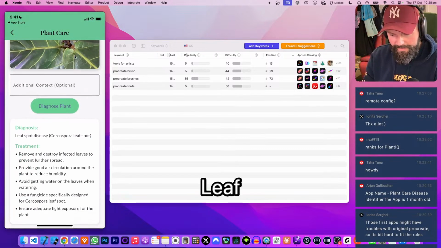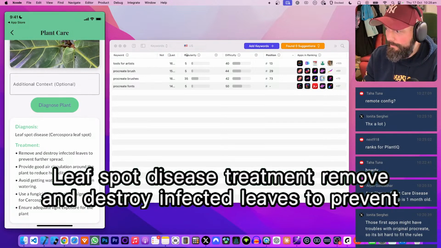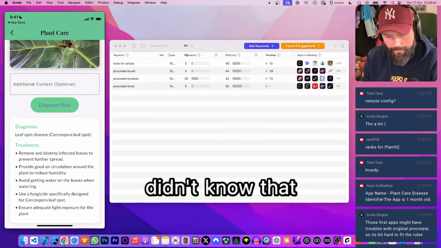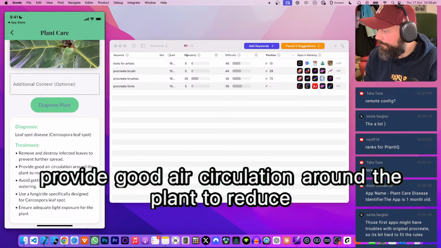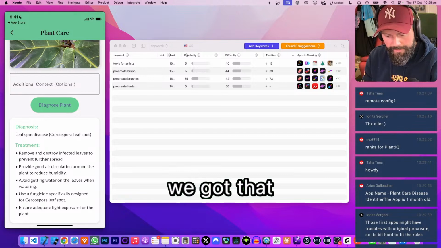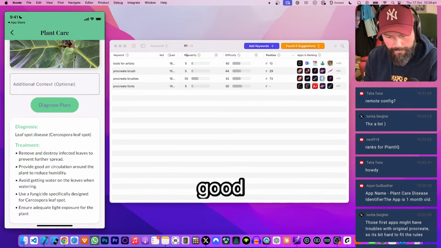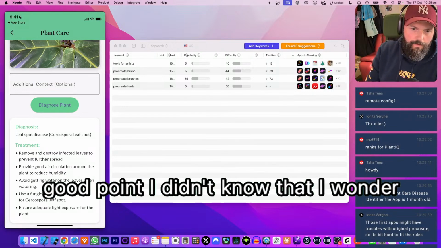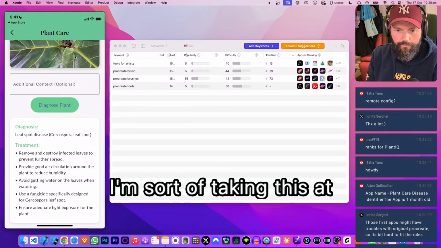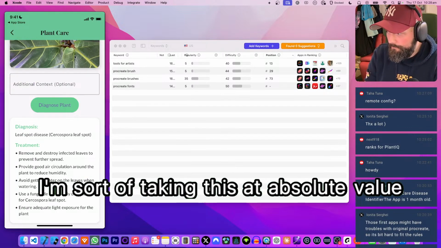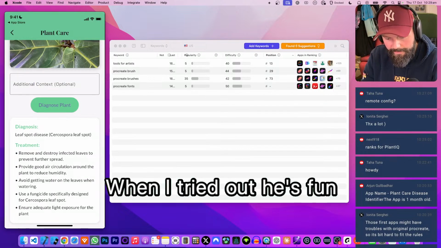Leaf spot disease. Treatment. Remove and destroy infected leaves to prevent further spread. I didn't know that. Provide good air circulation around the plant to reduce humidity. We got that. Avoid getting water on the leaves when watering. Good point. I didn't know that. I wonder if... So, I'm sort of taking this at absolute value. But I'm going to try it out. Use fungicide specifically designed for